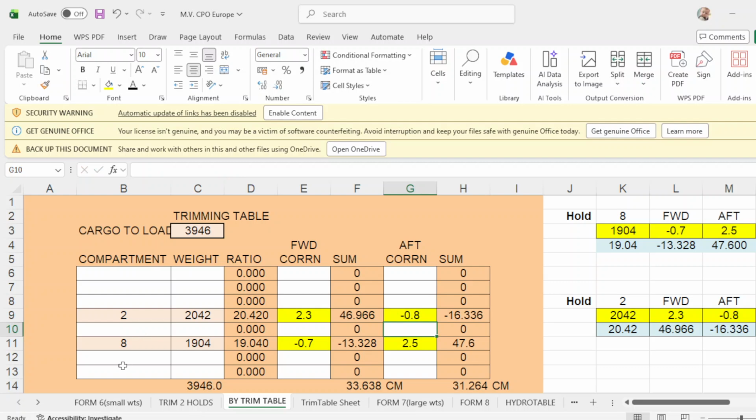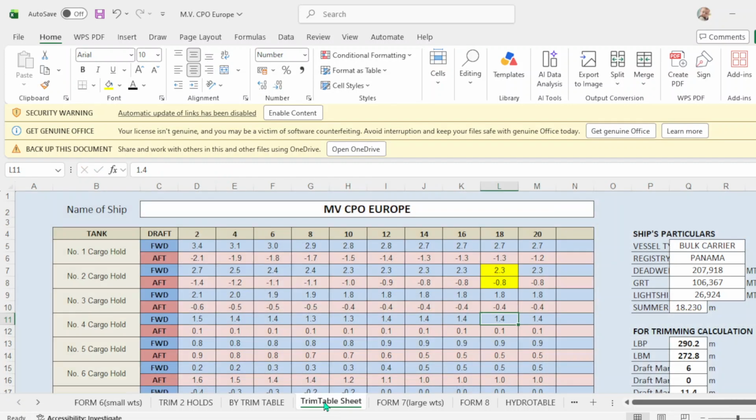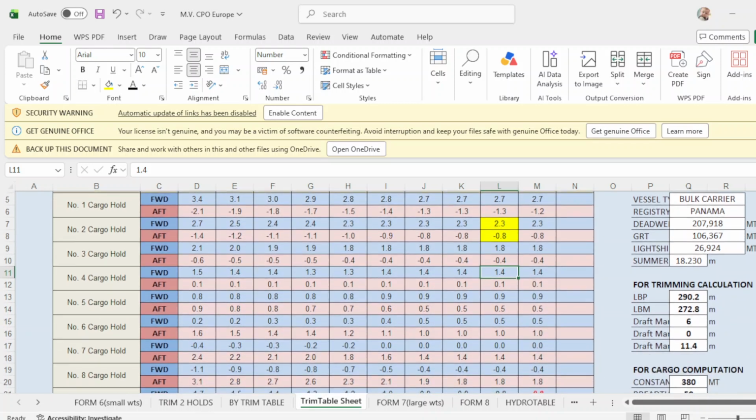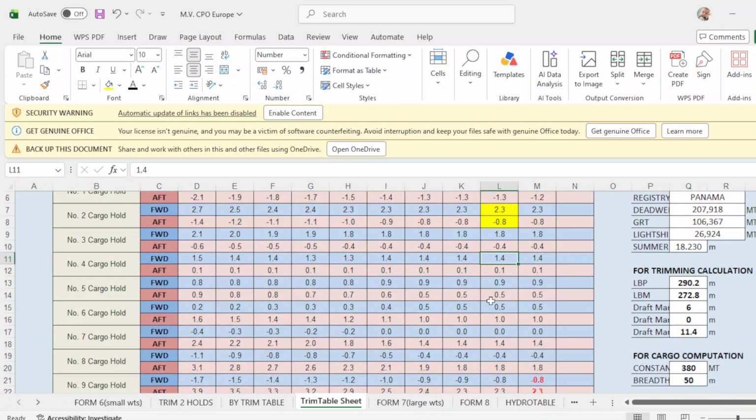Then we go now to hole number 8. Scroll down. This is hole number 8.